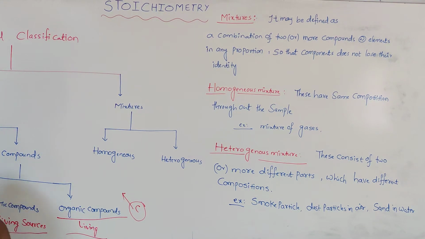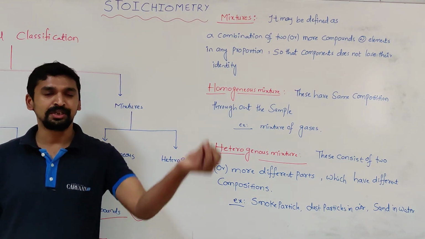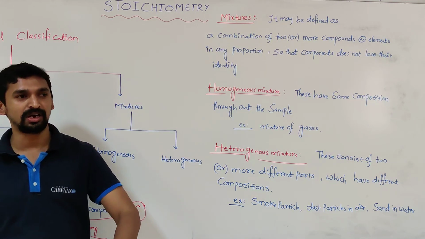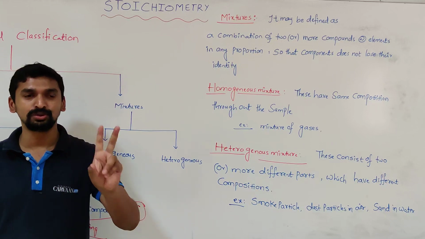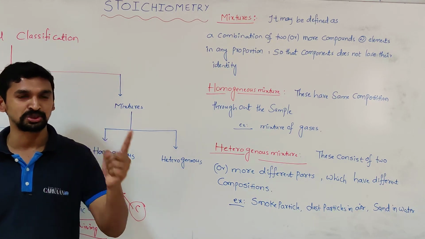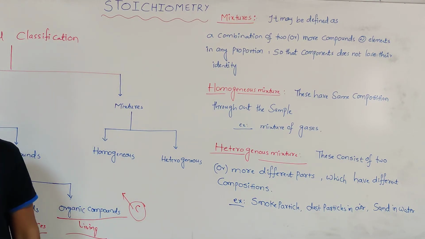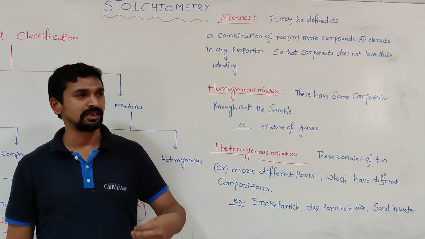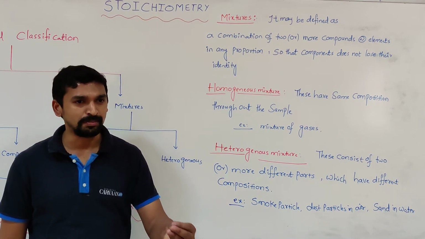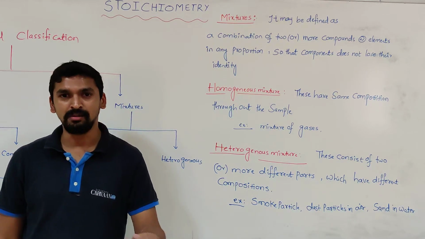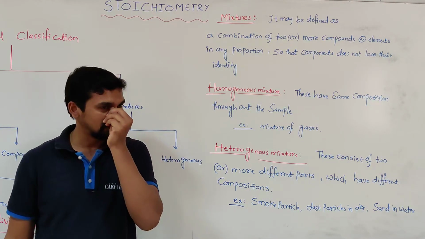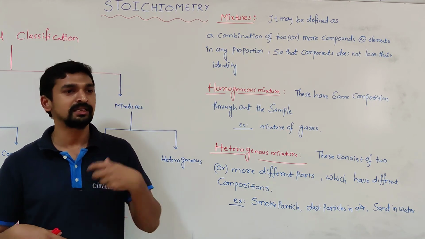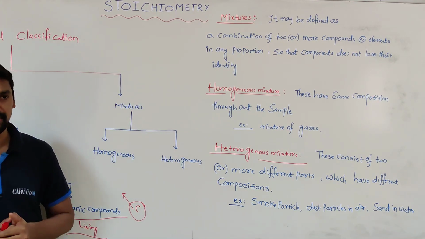Mixture. For example, you know very well, sugar is dissolved in water. When sugar is dissolved in water, it is a mixture of two compounds: one is sugar and the other is water. A natural example is tea. Tea is made up of tea powder, sugar and milk. These three are mixed in a certain proportion, and together we get tea. Tea is called which one? Mixture.